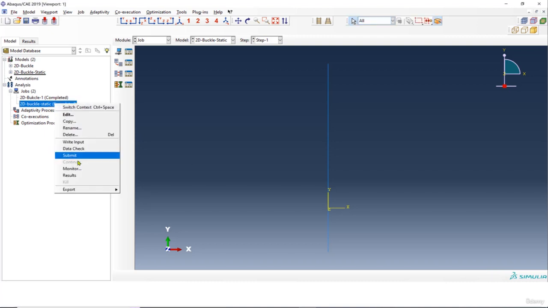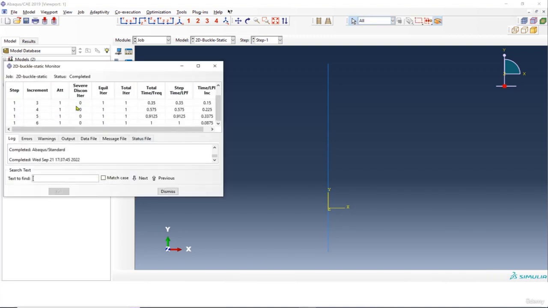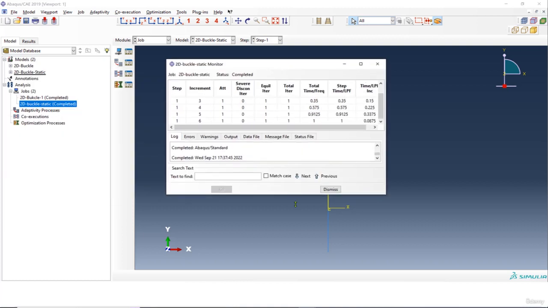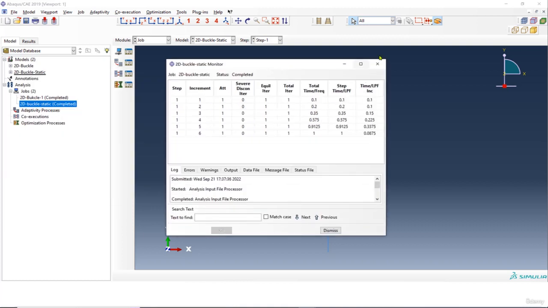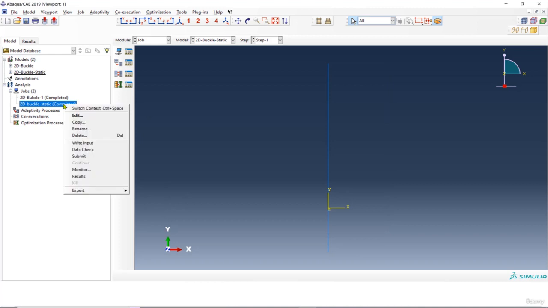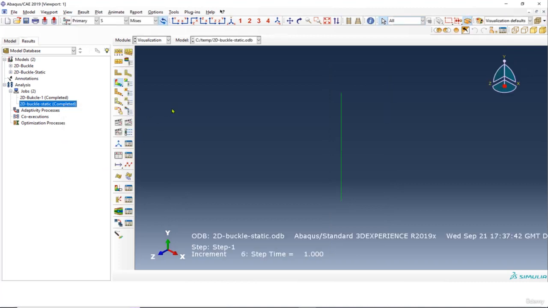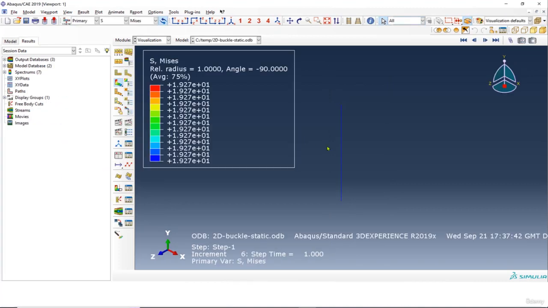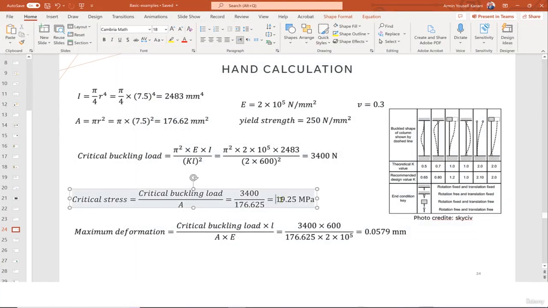So I'm going to first monitor this one, but the job is already done, so there wasn't any error, and it was a very fast simulation because the geometry is very simple. So show the result, and so as you can see here, the stress value is 19.27 megapascal, and let's see what we found. So as you can see, very close to a hand calculation one that is